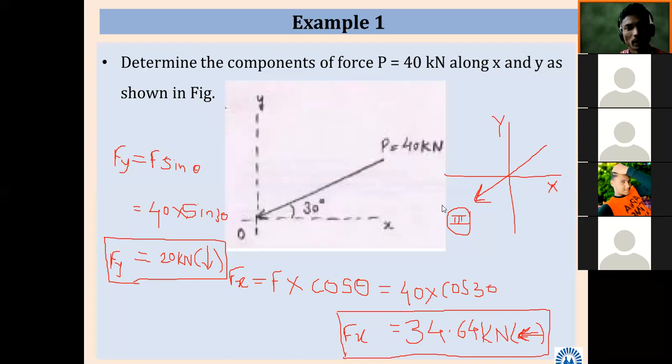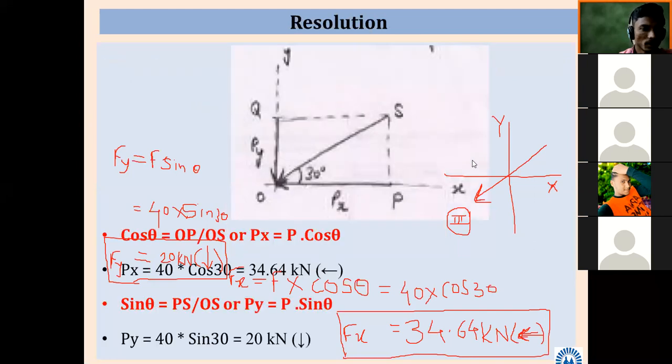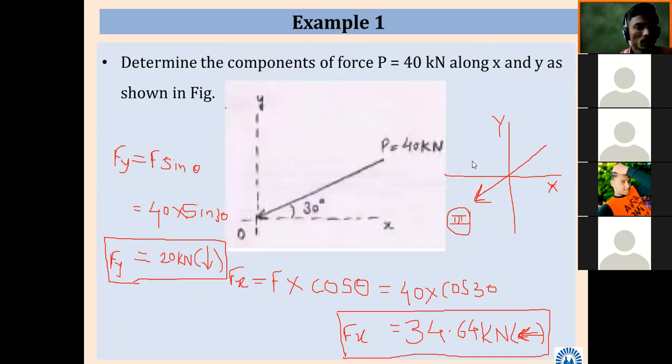Here there are also some formulas, trigonometry is also given. It is not necessary to apply trigonometry every time. Directly you can calculate Fx and Fy. You have to check along which direction the angle is made. That direction is most important while solving the problem. Shall we go next after this simple problem?